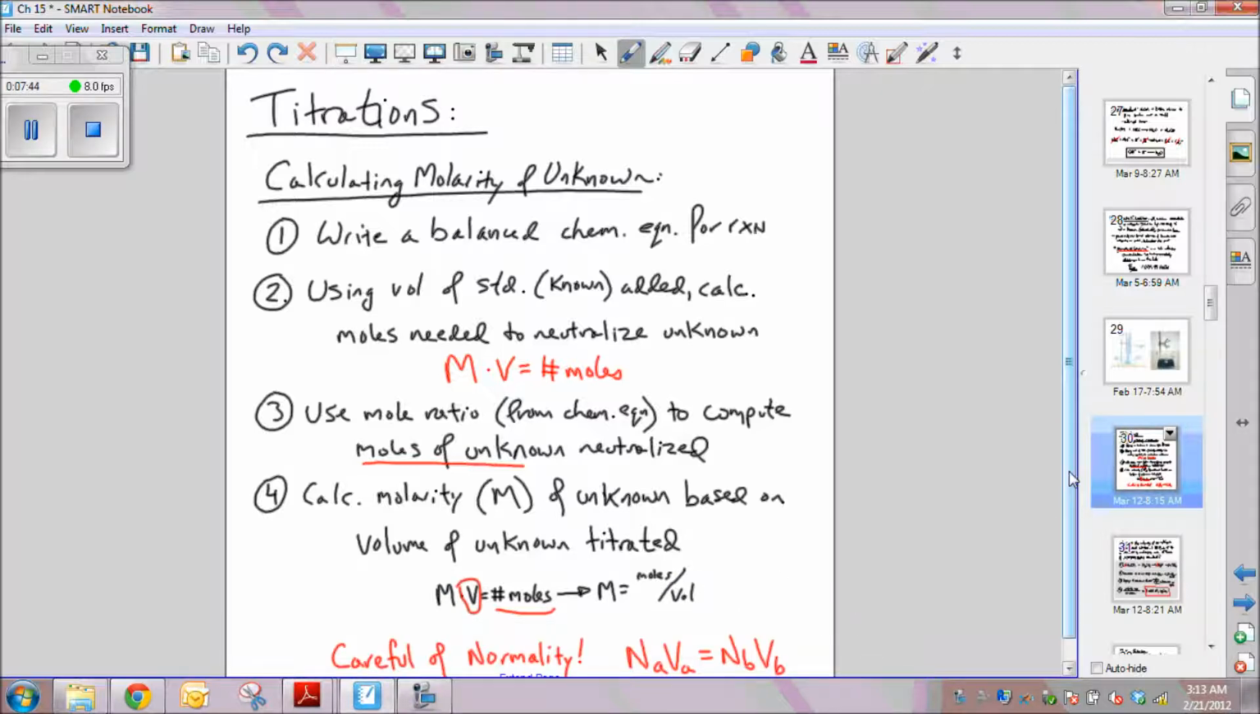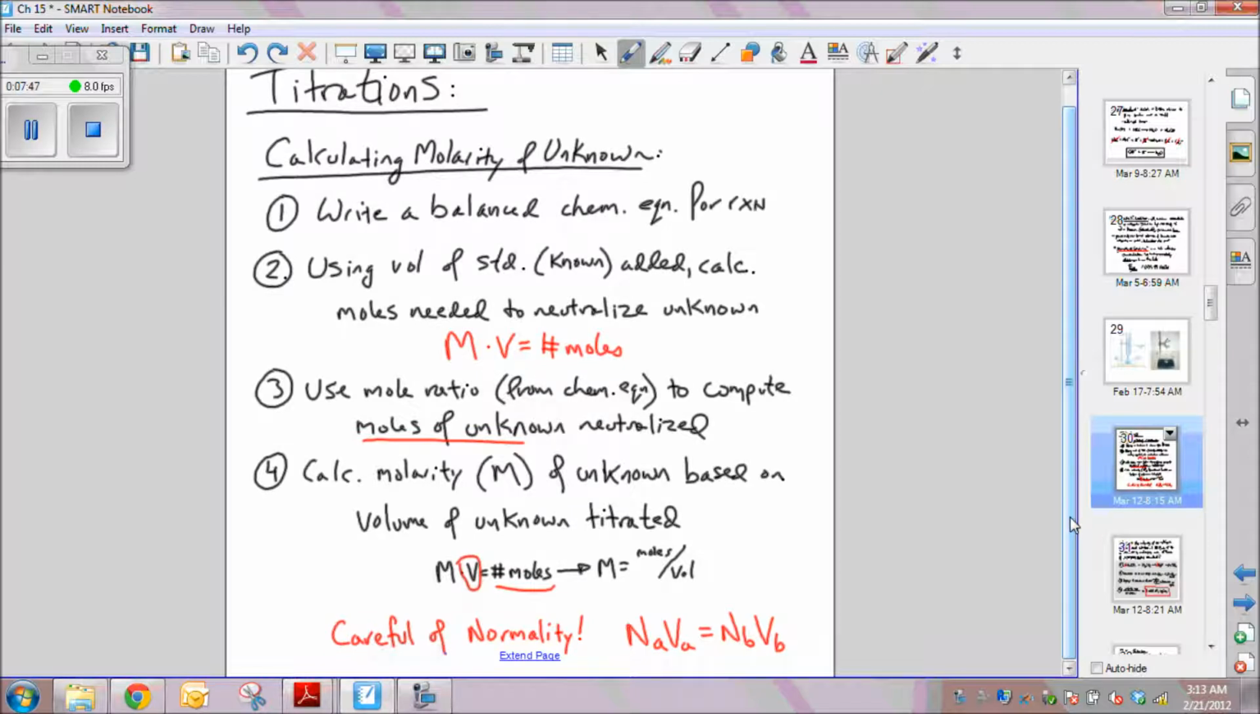The only thing to be careful of is if you use our shortcut from the previous chapter, if you use normality, which is perfectly acceptable, remember that if you've calculated normality of the acid, if it's something diprotic like sulfuric acid, convert back to molarity, because the normality will be twice the molarity for a diprotic acid. And that was a lot to absorb in one slide, so why don't we go through an example of a